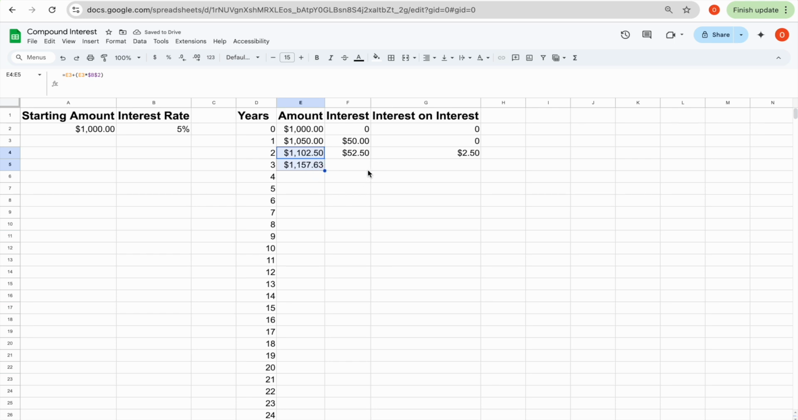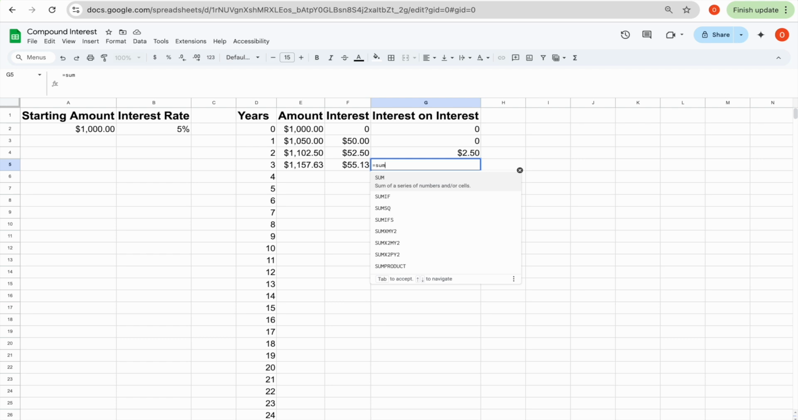$1,102.50 turns into $1,157.63, or interest of $55.13. Now, to calculate the interest on the interest, we do have to get a little bit funkier with the calculation here. So what we're going to do, because we want it to build upon itself, we don't just want to show the interest on last year's interest. We want to show the interest on interest total. So we actually want the sum of the last 2 years of interest, and we want to multiply that by that 5% there,